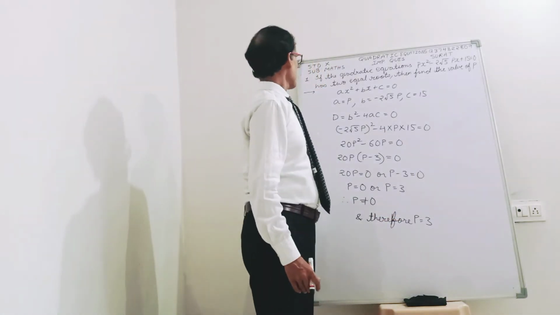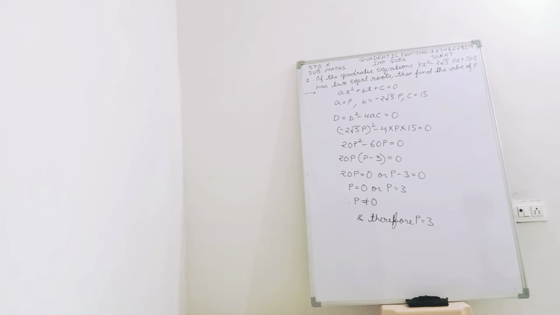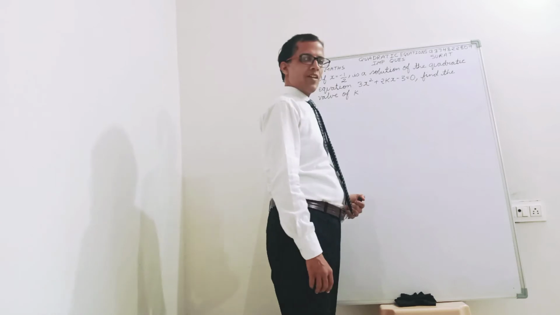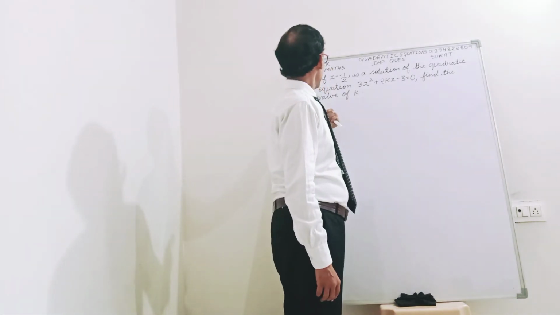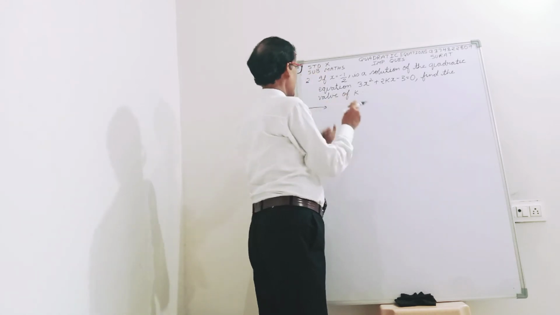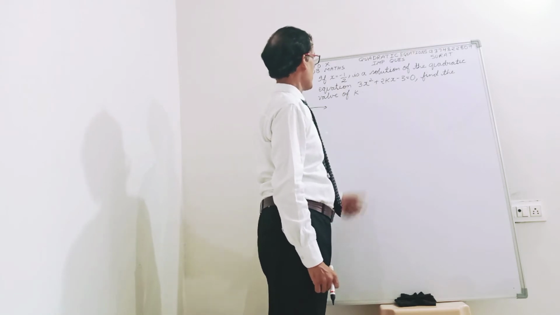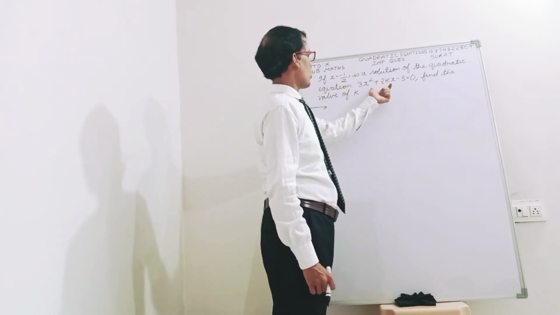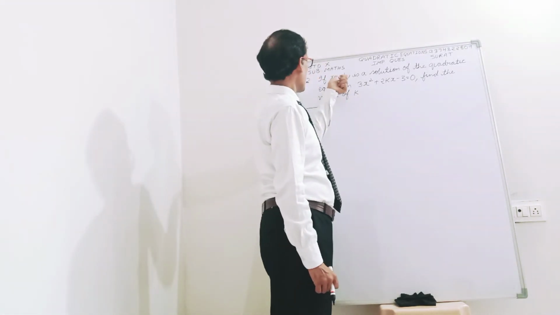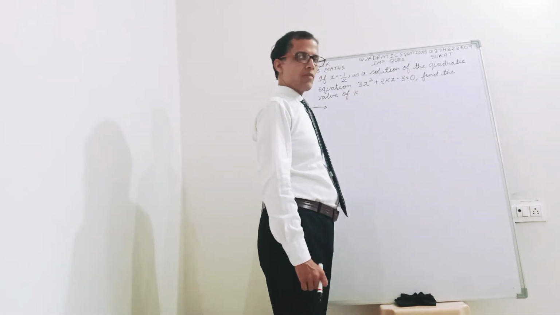So this completes our first question. In the second question it is given that x equal to minus 1 by 2. x क्या दिया हुआ है? Minus 1 by 2 दिया हुआ है, and minus 1 by 2 is a solution of this equation. So we have to find the value of k. तो हम क्या करेंगे यहाँ पे? x की जगह minus 1 by 2 राइट करेंगे और हम k की वैल्यू फाइंड आउट करेंगे.